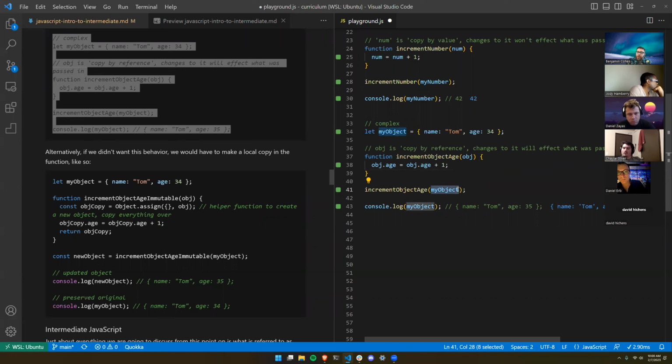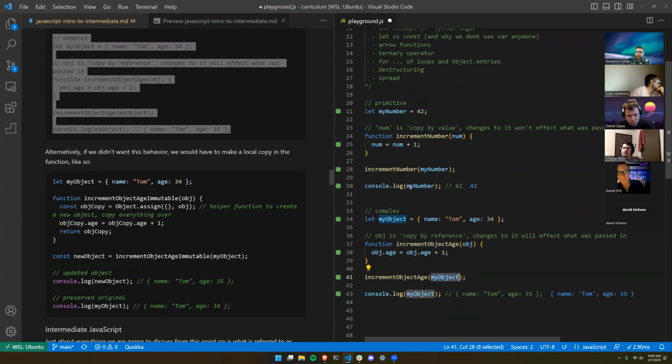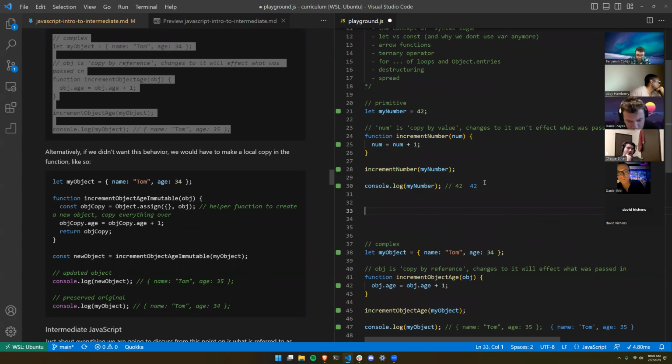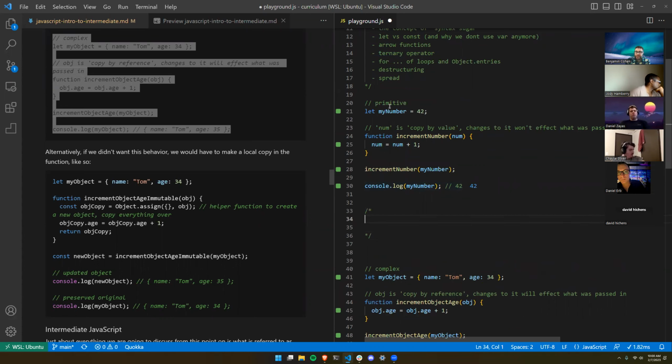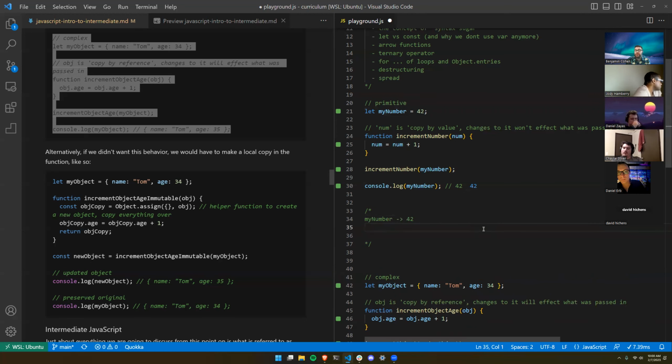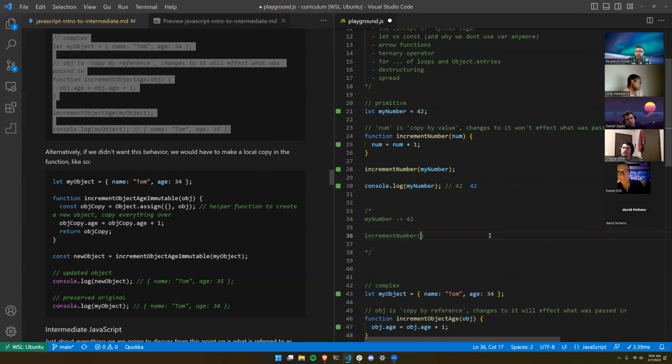So there is this distinction where, let's first look up here at when I'm doing something by copy by value. I'm gonna create this little box to explain what's happening. So basically I'm creating this variable called my number, and I'm setting it to the value 42. So when my number is looked up, it equals 42. Then I have this function, and then I'm calling it, I'm logging it. So what happens when I call it? When I call it, I'm saying increment number, and I'm actually going to evaluate 42 there. And because it's copy by value,